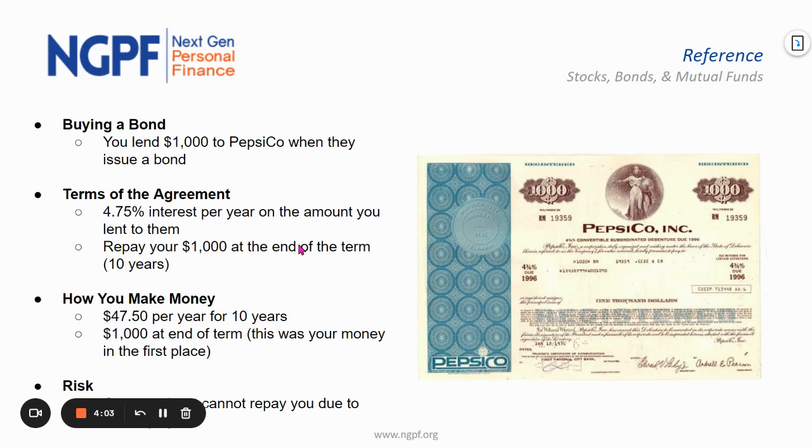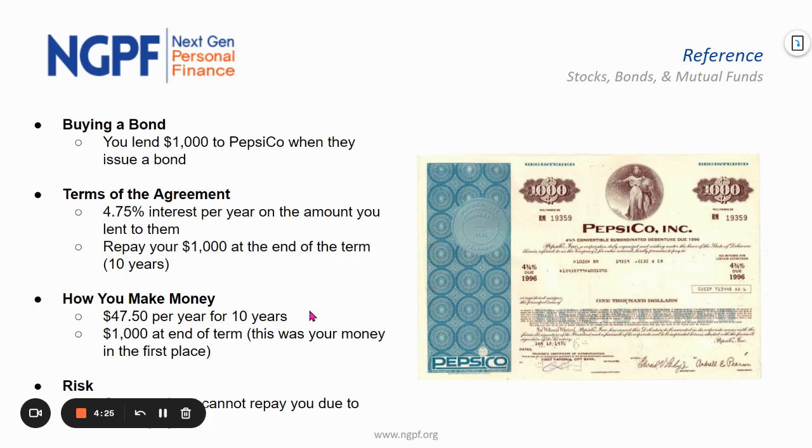For this one, we're going to use a term length of 10 years for our example, and they will pay you back interest. Often interest is paid at a regular interval, maybe quarterly or twice a year. And so that means that this is kind of considered an income investment, and it's also a lower risk investment. You make money by earning the interest.